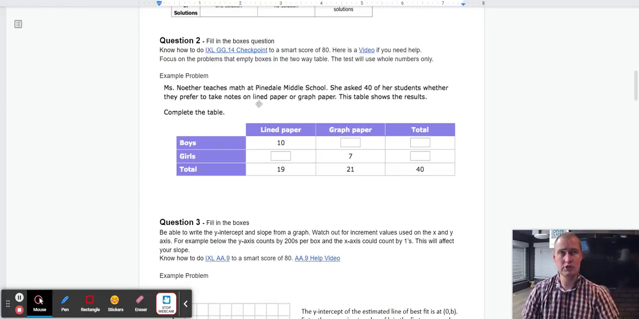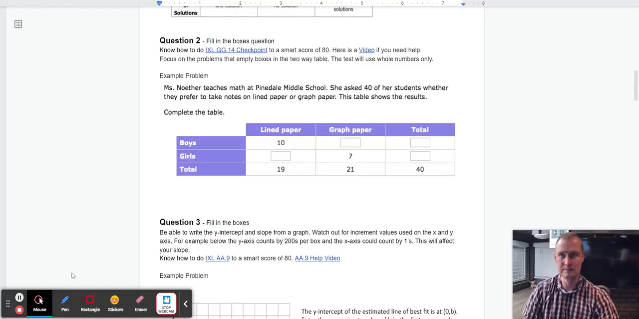All right, question number 2 are something called fill in the box questions. So what does that mean? First of all, know how to do IXL GG14, the checkpoint section, to a smart score of 80. And there's a link right here if you want to go ahead and do that. Now, if you're able to do GG14 to a smart score of 80, you're going to be just fine on question number 2 because it's almost identical to this IXL. In case you're kind of stuck on that IXL, feel free to watch the help video. There's a help video link right here. You could use that. And let's go ahead and go over the example problem in case you just want a